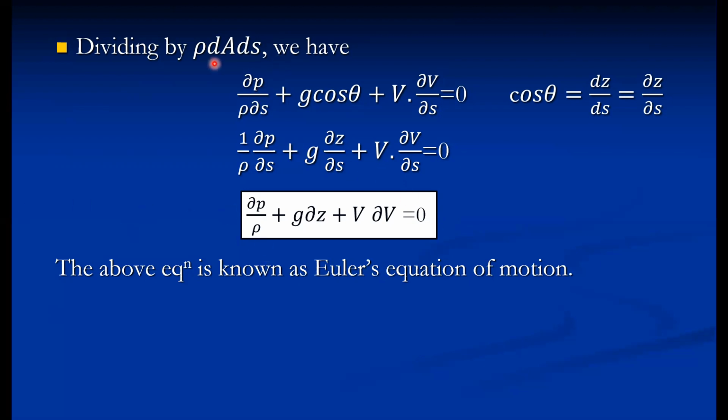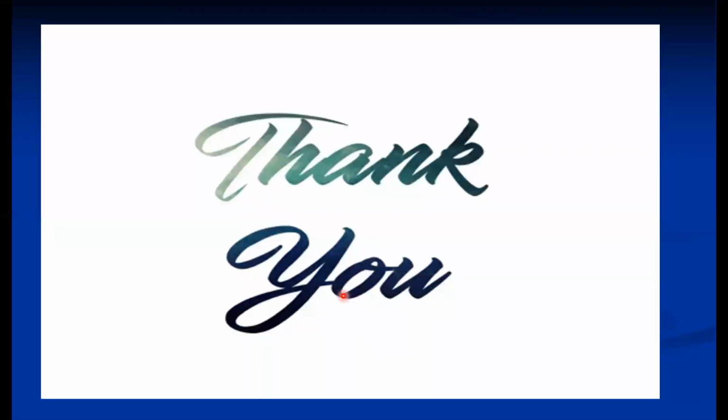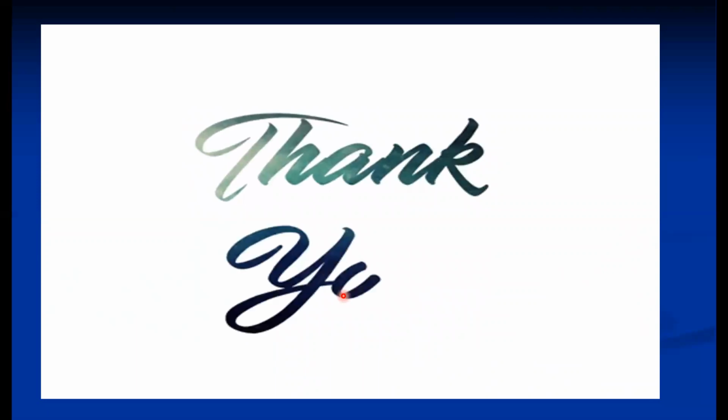Here we have divided by volume, so this is a volume basis equation, per unit volume. This is in differential form and is only applicable for ideal steady flow, but it can be applied for compressible or incompressible flow. So that's it for this session, at the end of which you should be able to derive this equation, Euler's equation of motion along a streamline. Thank you very much.